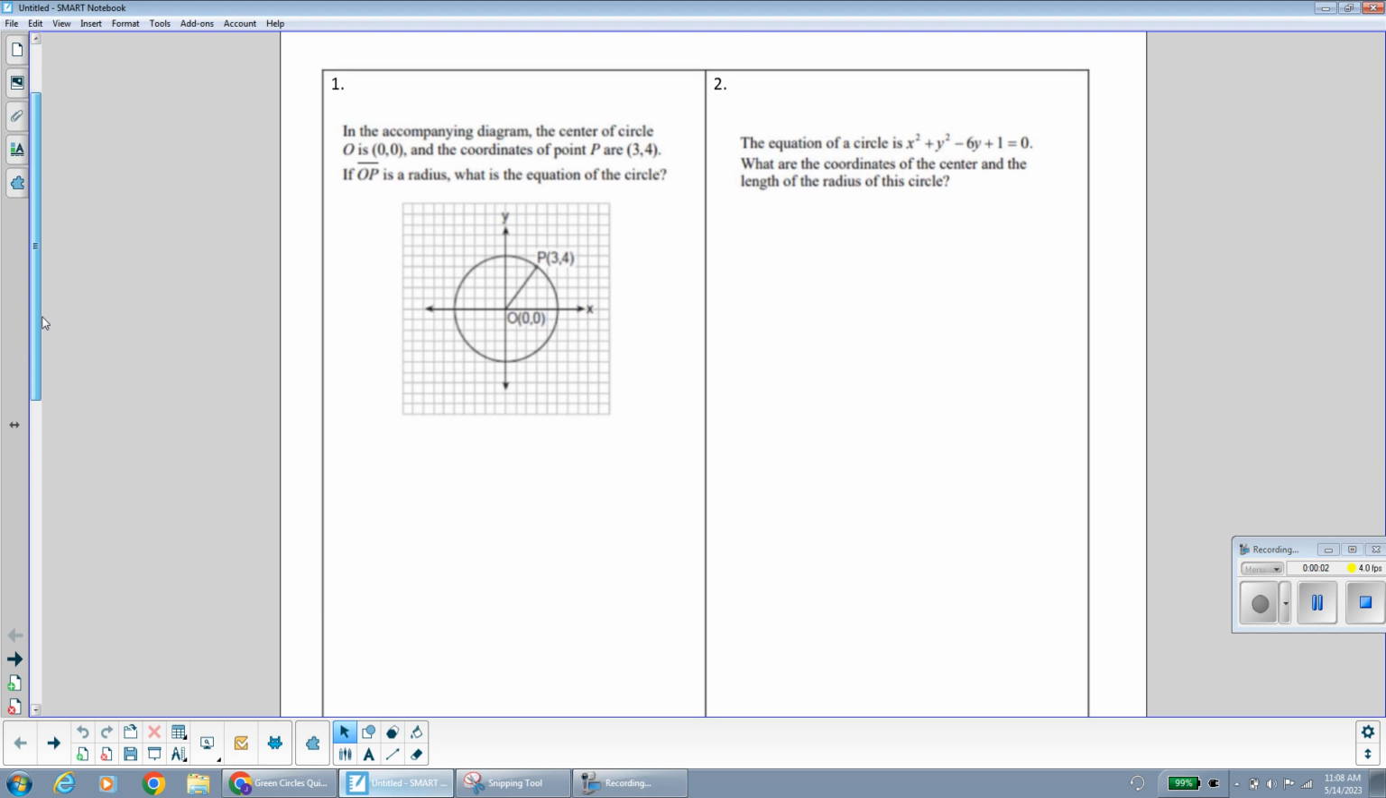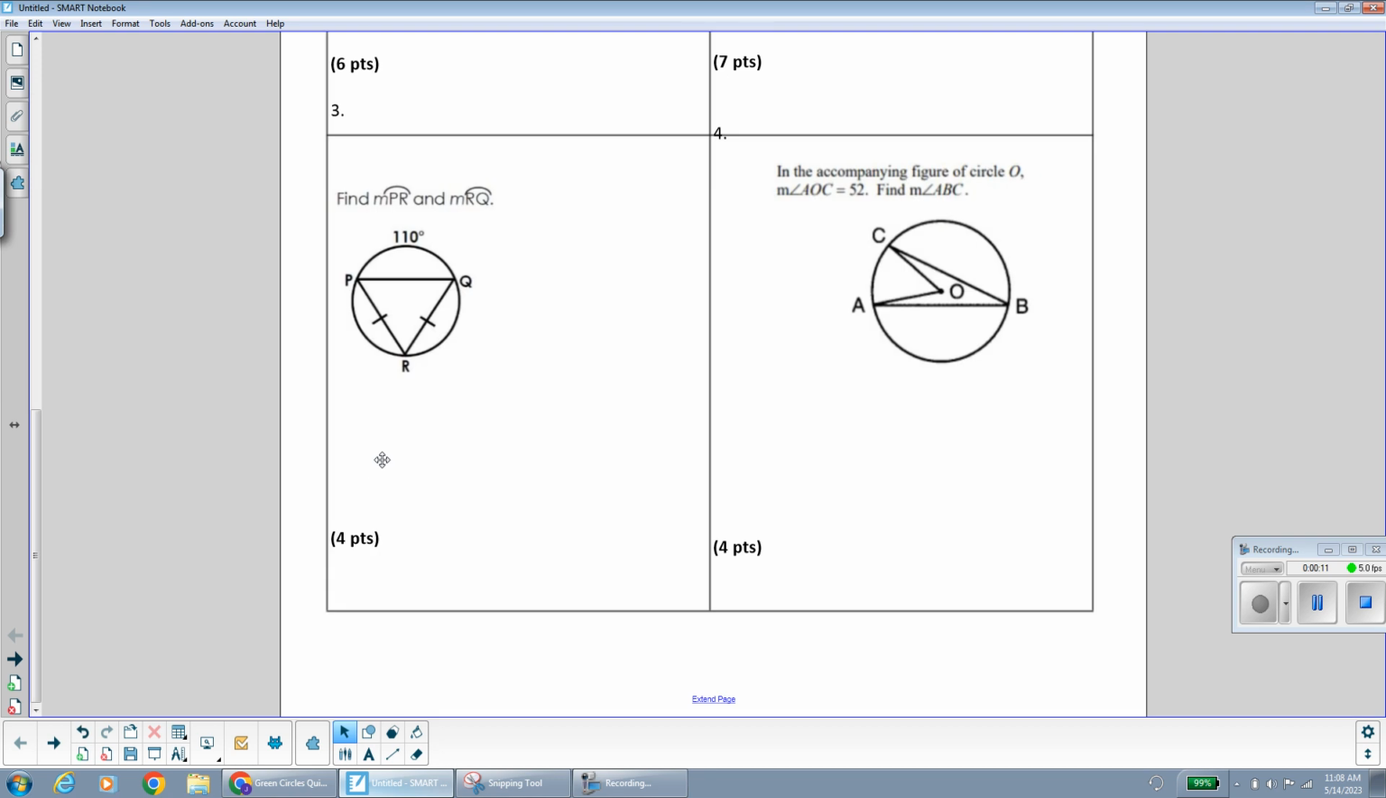Video, we're going to go over circles quiz number 1. So in the first question, we need to write the equation of the circle that's given there. So to write the equation of a circle,